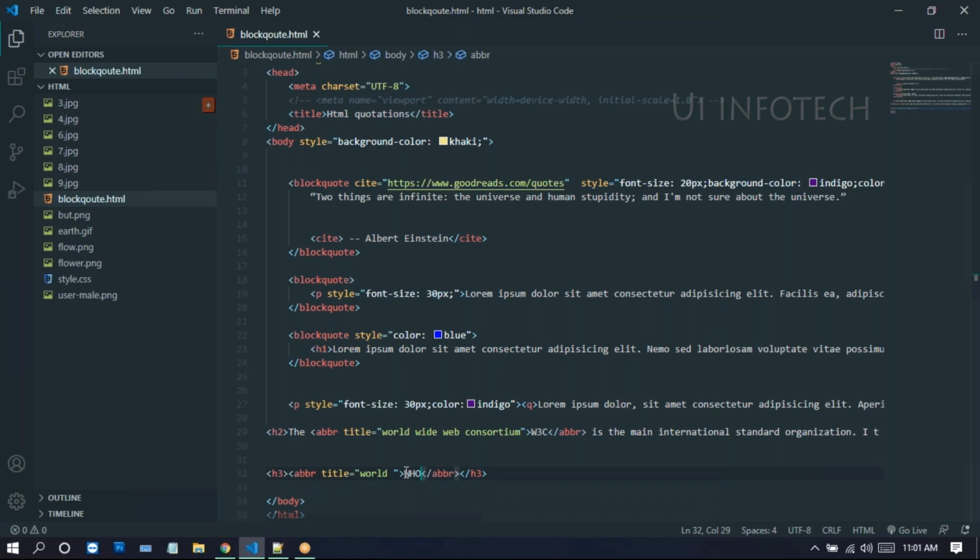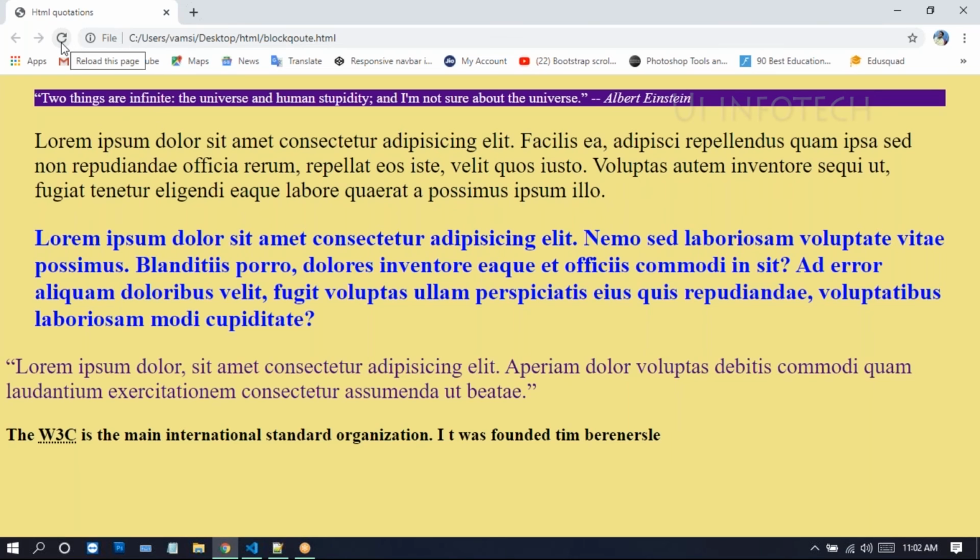WHO stands for World Health Organization. Now you can run this on the browser. If you run this one, there you get text here. If you hover on this one, there you get the abbreviation. So like this, we have this abbreviation tag.